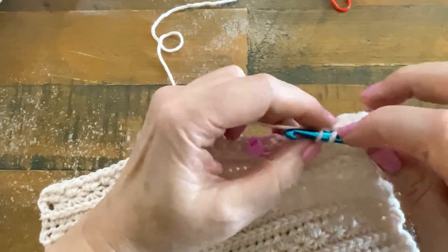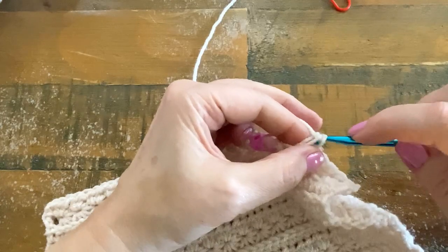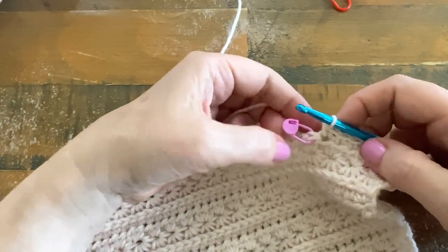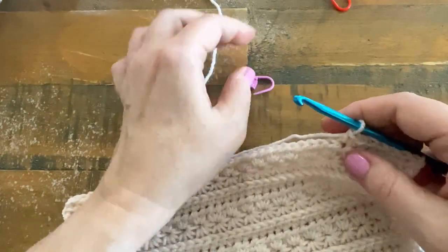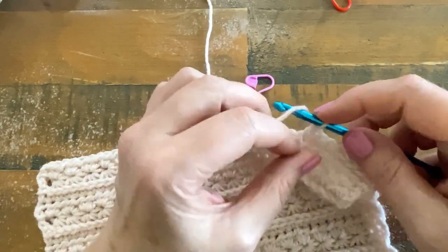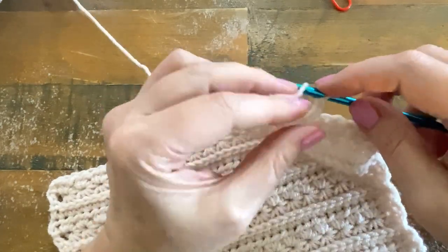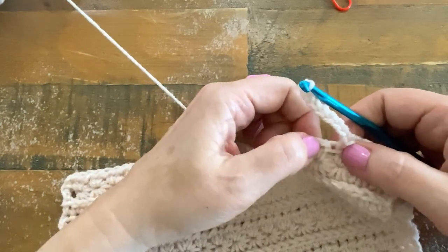Just as normal for row one, single crochet in each stitch, and when we're doing the thumb, we've reached the part where the thumb is going to start. So take out your stitch marker there, and what we're going to do is chain 8. So 1, 2, 3, 4, 5, 6, 7, 8, and then we're going to skip